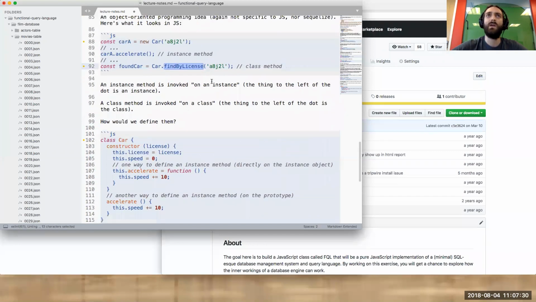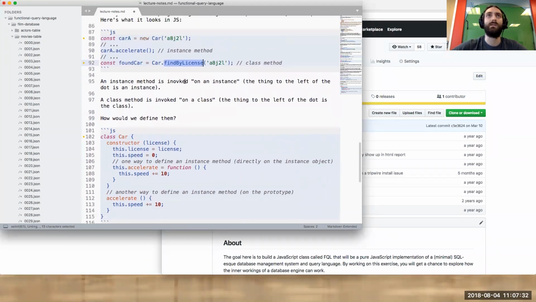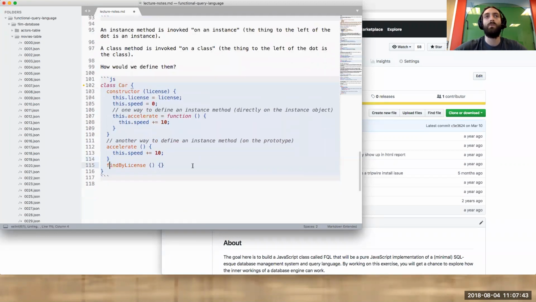So this might be the first time that you all are seeing and using a class method. And I'm going to show you how we don't define findByLicense, or at least as a class method. Line 115 would not work. If we do line 115, let's just fill it into searchLicense. So if we do line 115